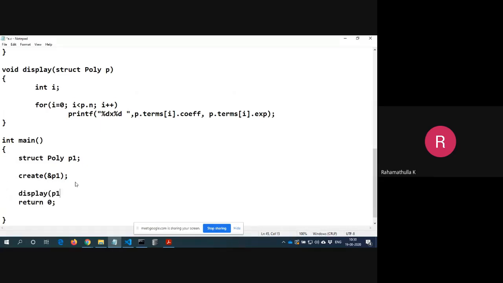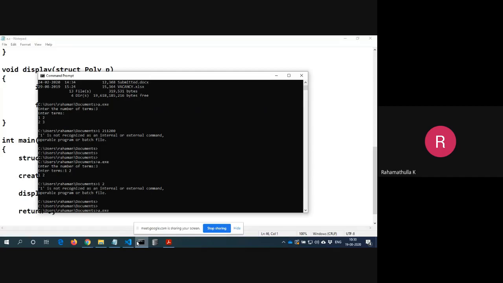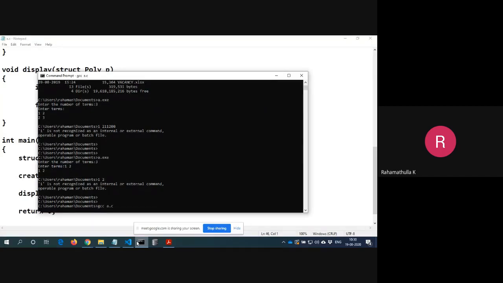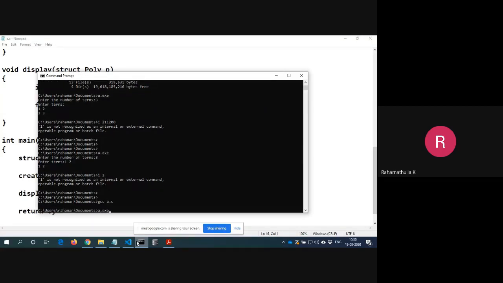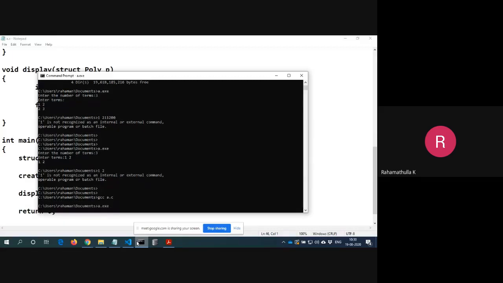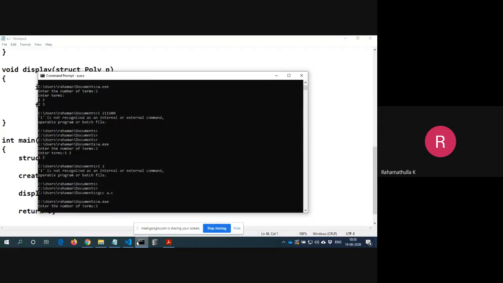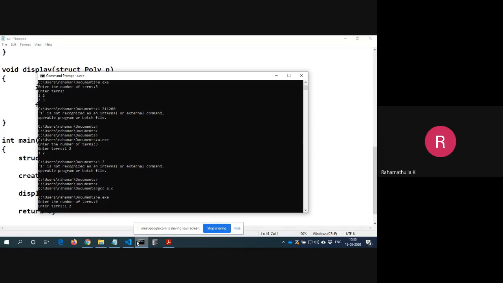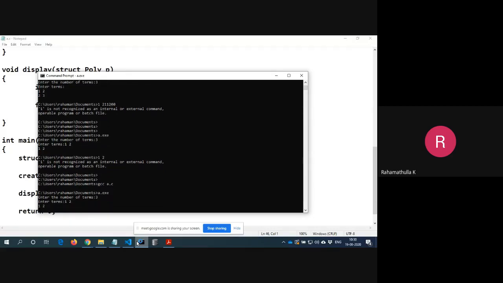Display p1. a.exe. Enter the number of terms, 3, 1 comma 2, 1 comma 2.